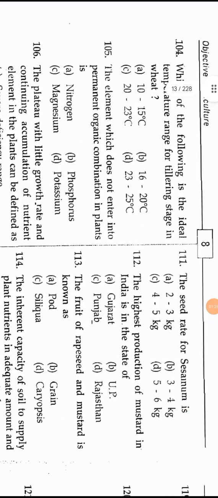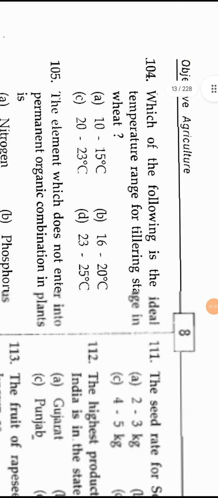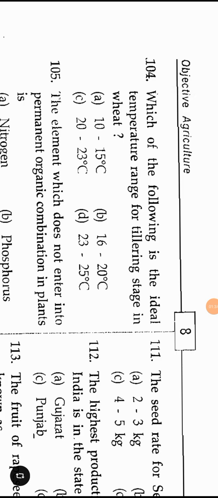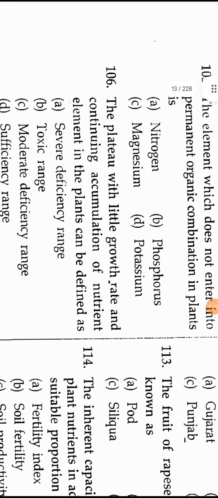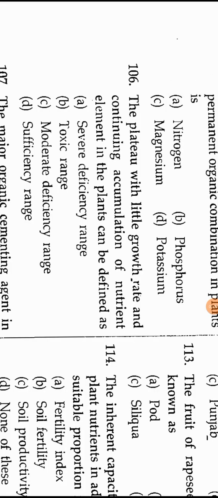Question number 104. Which of the following is the ideal temperature range for tillering stage in wheat? It's 16 to 20. Question number 105. The element which does not enter into the permanent organic combination in plants is potassium. The plateau with little growth rate and continuing accumulation of the nutrient element in the plants can be defined as